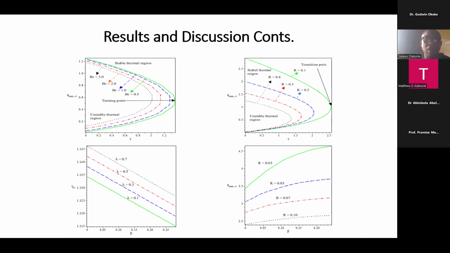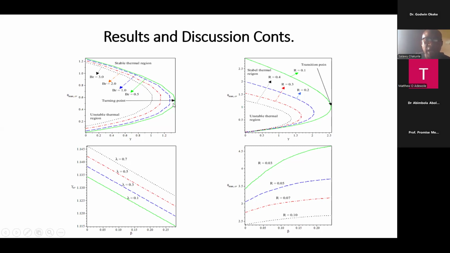So in that case, even when we are so much interested in increasing the heat transfer in a system, we have to be conscious, because even though we need heat, at the same time there is a limit even to the heat we are interested in. If the heat is too much, the whole system will collapse. So this shows that the system can be stable and the thermal temperature is also stable. That's why we can have a turning point, because anything above this region, there will be blow up.